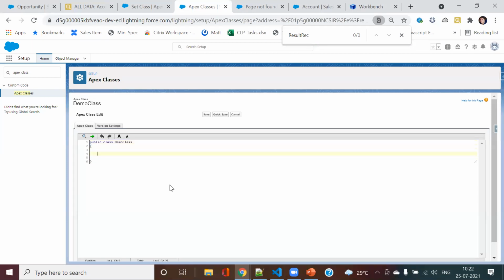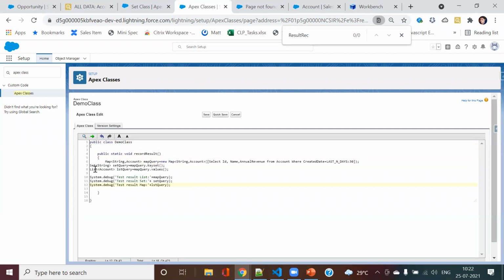First, I will create the void one to make it easy, and then maybe we can go for the return types. So just write the method name. Record result, I will name it. In case I want to pass some input parameter, those also I can pass. Currently, I won't pass anything. I will just paste this.